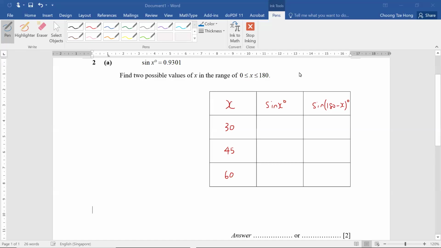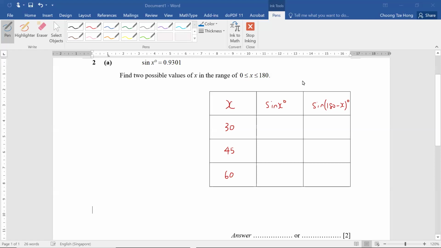Hi students, in this video I'll be going through the 2023 O-Level Mathematics Paper 1 question 2. Alright, so let's read the question. So this question states that sine x degrees is equals to 0.9301. Find two possible values of x in the range of x greater or equals 0, less than or equals